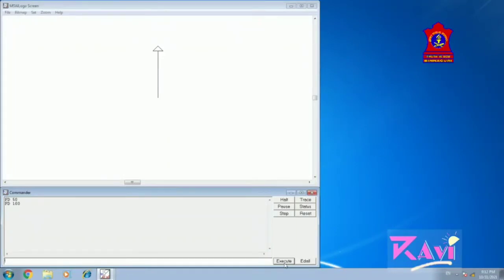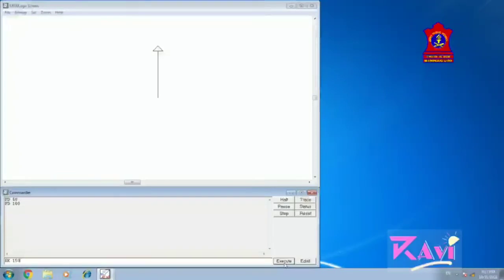Next is the backward command, and the short name of backward is the BK command. I am typing BK space, and let's see what happens. In total we have written 50 plus 100 in the FD command, and this time I am typing 150, backward by 150.